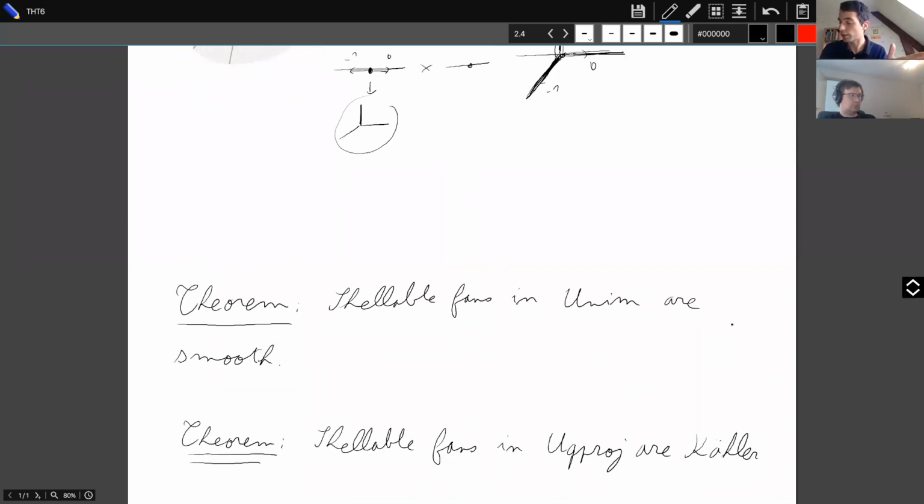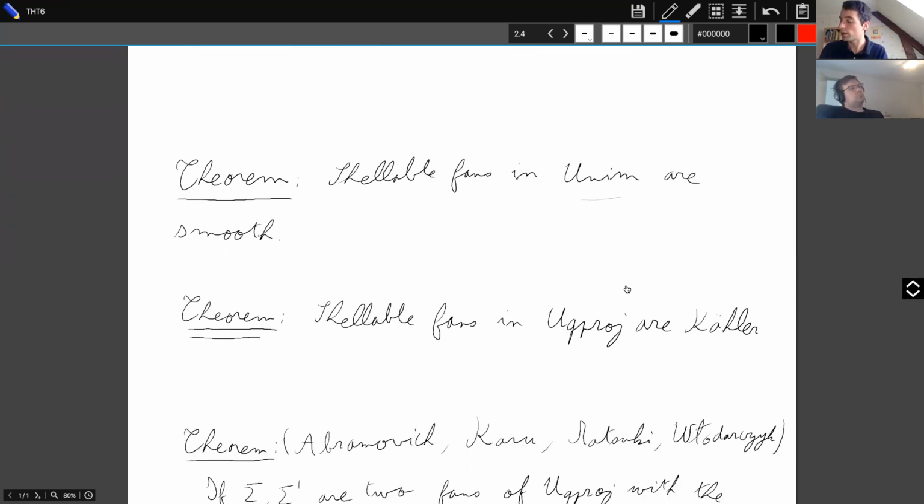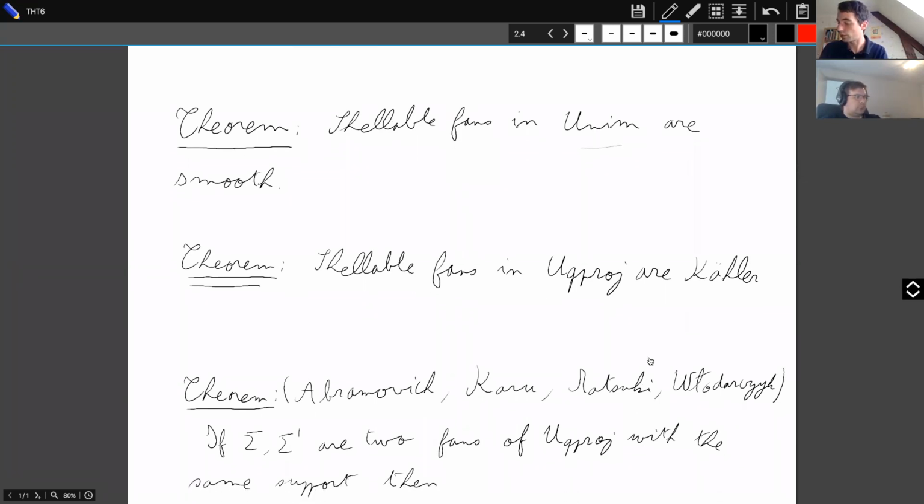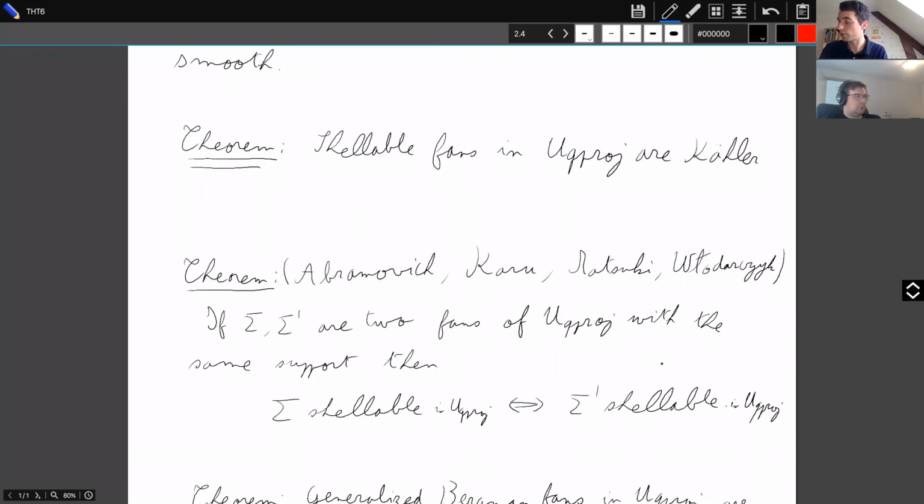Yes, just before that. So why is shellable interesting? Because shellable fans have many interesting properties. First, any shellable fan, which is unimodular tropical, is smooth. And then any shellable fan in UQProj is scalar. We can reach so many fans because we have this theorem, which is part of the